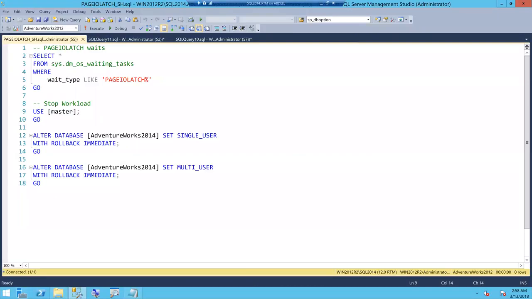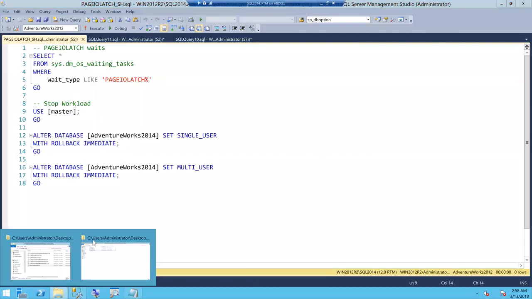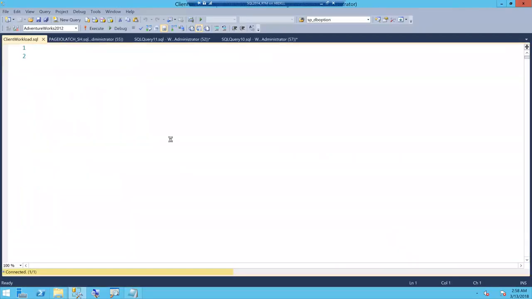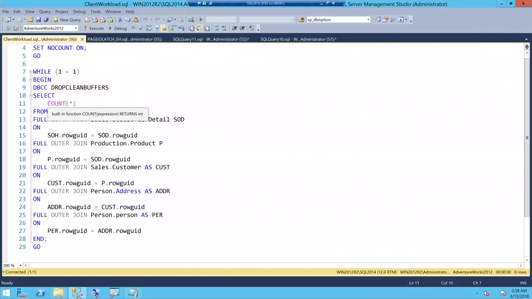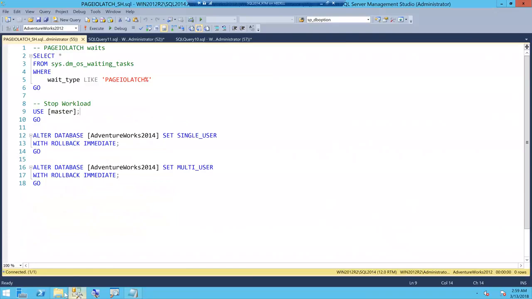Okay, so friends, let's say, look at this query. I'm trying to just show you how you can simplify things. Use AdventureWorks, and I'm running something in a loop, which is fine. Select count star, and I'm doing some joins. I'm actually joining about 5 different tables, and I'm using full outer join. There is no filter here as such, no predicates, which means just join all the rows from table 1 to table 2, and then the output of that to table 3, and then the output of that to table 4, etc. So now when I run this query,